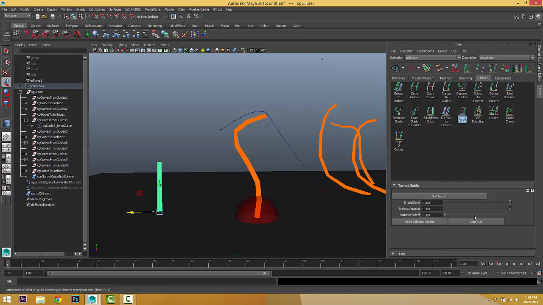We have a few options here. If you just click on move selected guide, this guide will be moved towards that target guide. It's useful for creating compass and things like that.